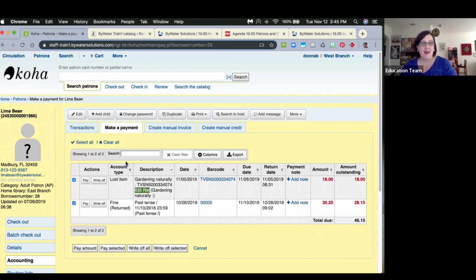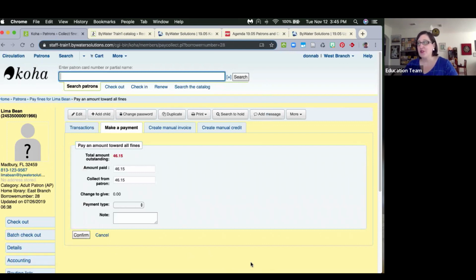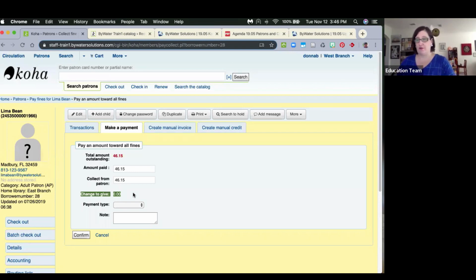Okay, now this next enhancement, this is actually the jQuery that George had posted earlier. There's a new functionality in here. For those of y'all that don't have a cash register or anything like that, Koha has added this functionality of change to give. So for instance, we have this patron that owes $46.15. They only want to pay $18.15, and they're handing me a $20 bill. You'll see that as I'm typing in those numbers, that change is updating as I go. So it will tell your staff immediately, you need to give them $1.85 change. I'm going to say that she paid us in glitter and confirm that